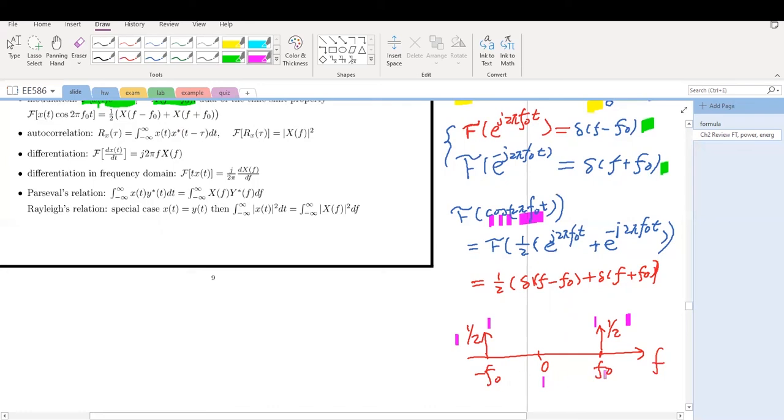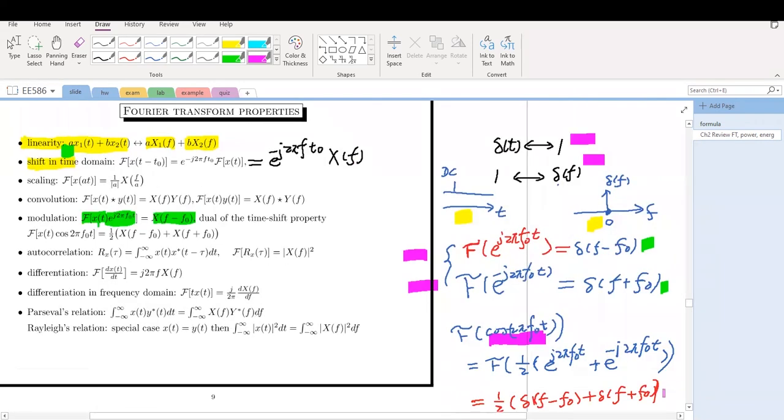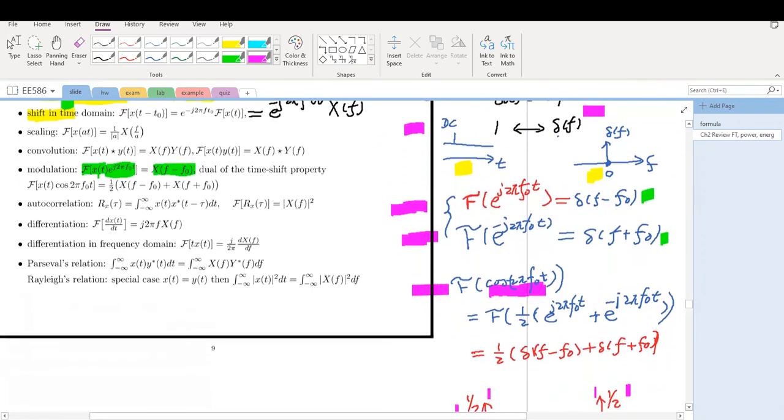We can see that it contains positive frequency and negative frequency. And as we said before, to obtain a real signal in the time domain, we have to have positive and negative frequencies. They are symmetric here. All of these Fourier transform pairs are very important. We want to know